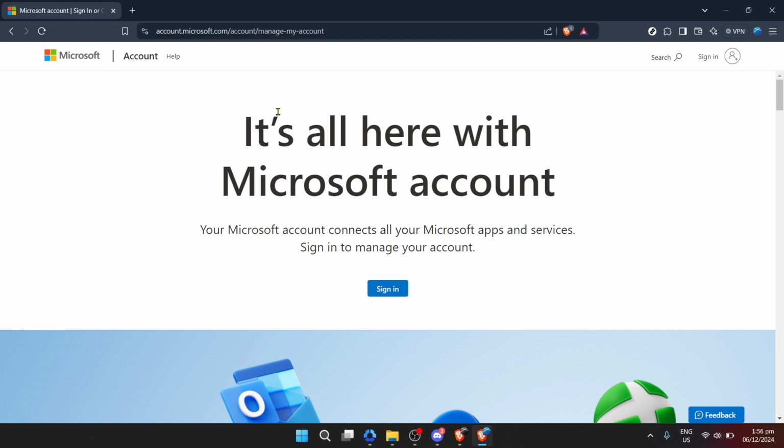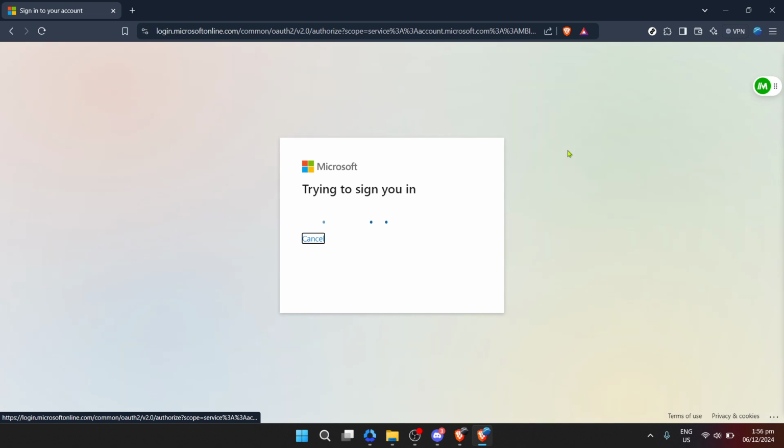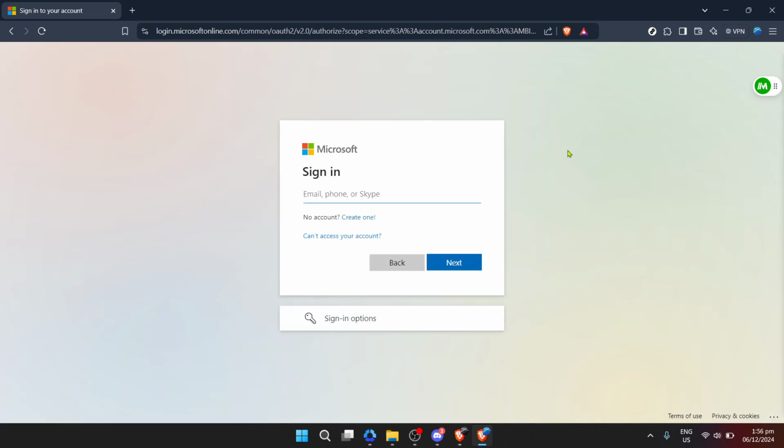Google's powerful search capabilities will return a variety of results, but for our purposes today, we're looking for the official Microsoft OneDrive page. Carefully sift through the results and click on the link titled Personal Cloud Storage Microsoft OneDrive. It's crucial to ensure that you're visiting the official Microsoft page for security reasons. After clicking the OneDrive link, you'll be directed to Microsoft's official OneDrive page, showcasing all the features and benefits of their personal cloud storage solution.